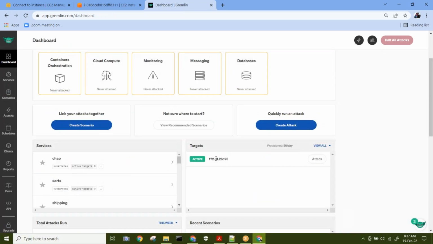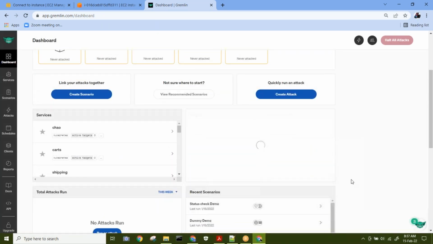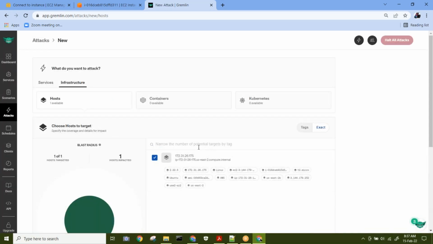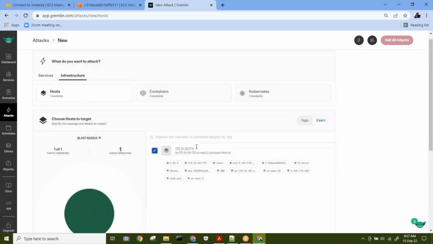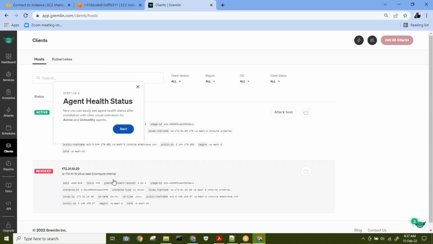Because we did it using the secret key, and now we have reset our secret key, will that target be reachable by us? If I try to attack it, if I go here, clients, this is my target here, right? So what will happen is